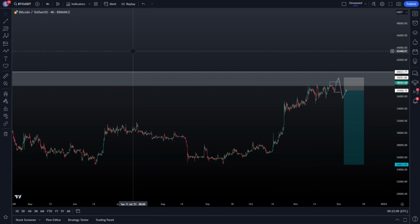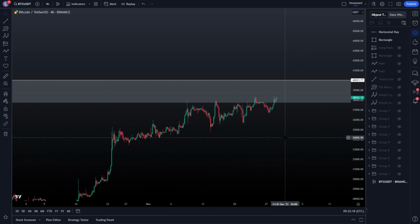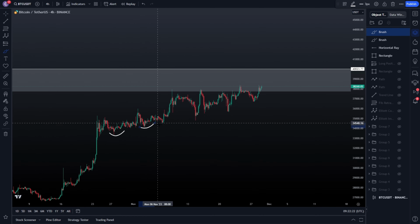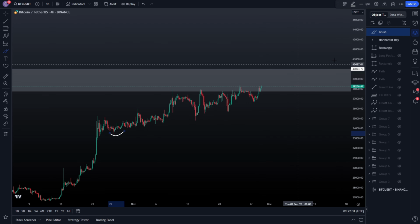I would say enjoy the trend while it lasts, right? And now we know that we are currently knocking on the door of this resistance area, okay? The pressure is still strongly to the upside. You can simply see that by these constant higher lows being formed, okay? That means pressure is up. Bears are trying to hold on to their dear lives over here, but we have to realize that this 40K